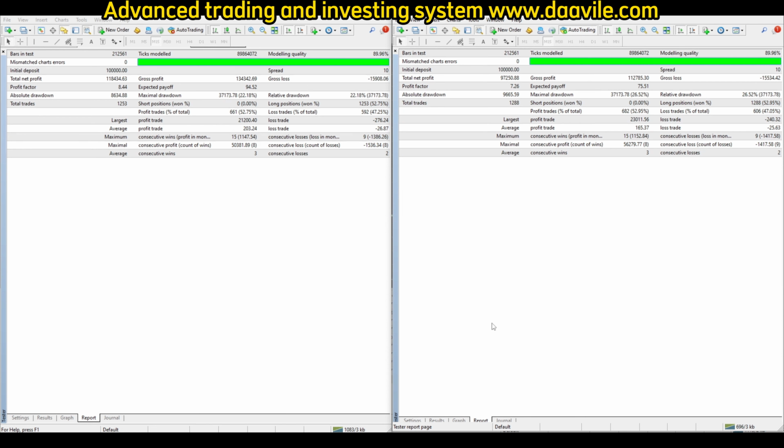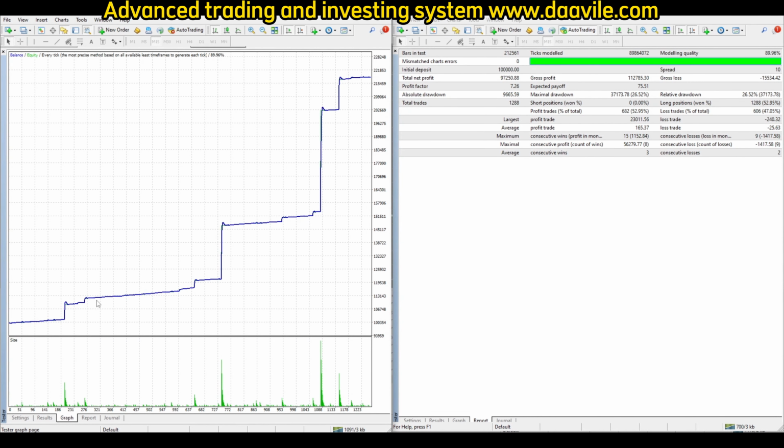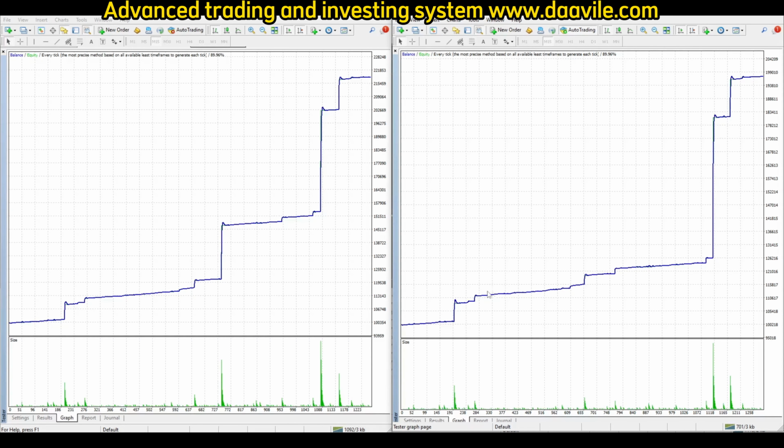Just one second, let me finish this. I'm adding the ratios into my spreadsheet. This is a very big difference. As we can see, we're closing 118 here with a 37k max drawdown in a very large period. The chart itself is looking very good. If we remember, when I backtested at least 2011 and 2013, this set file that I have right here was giving better